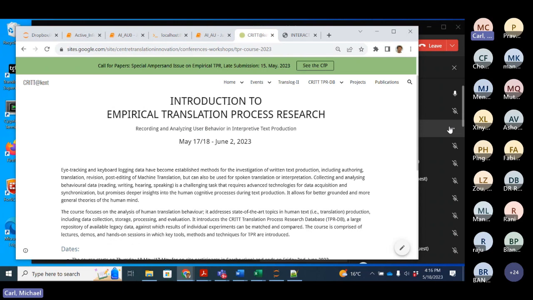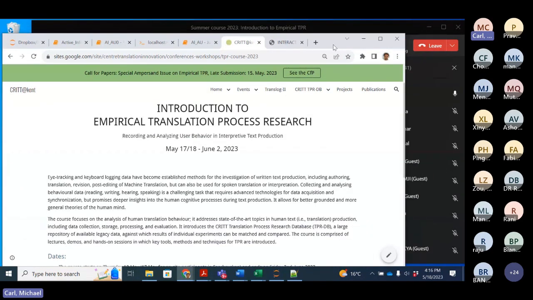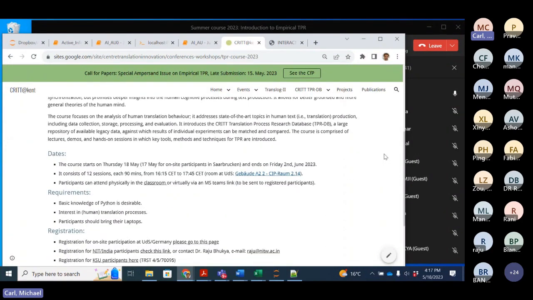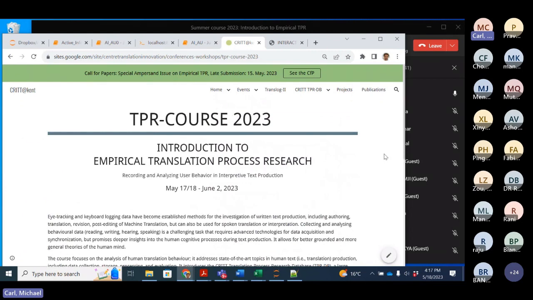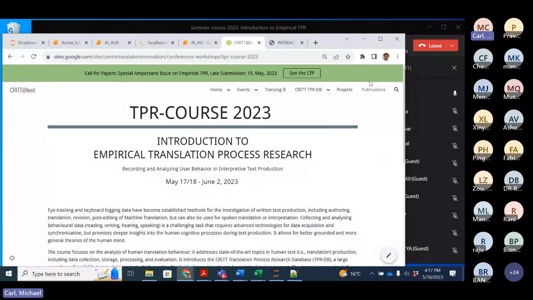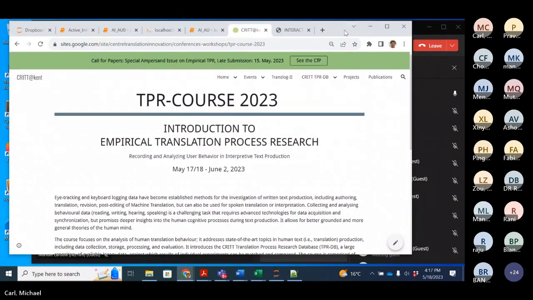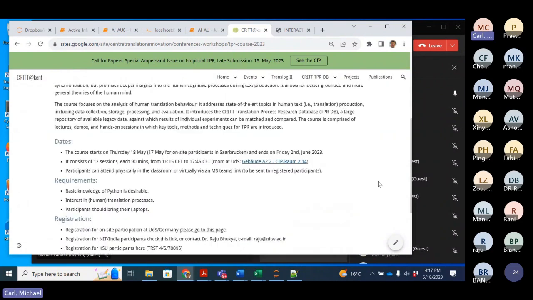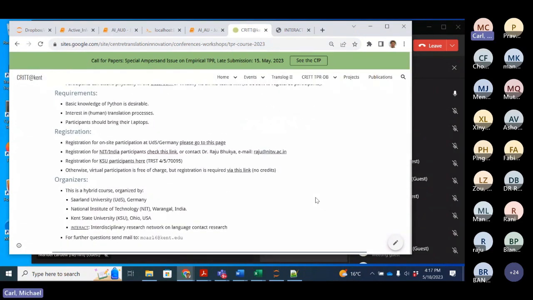This is a course that has been planned for quite some time, for 2 or 3 years, with NIT Warangal, but because of COVID it didn't take place. Now it is a joint effort. Everybody can see my screen sharing here, right? It's a joint effort from a number of institutions. Last year, I was invited to give this course at Saarland University, and I'm right now here in Saarbrücken.